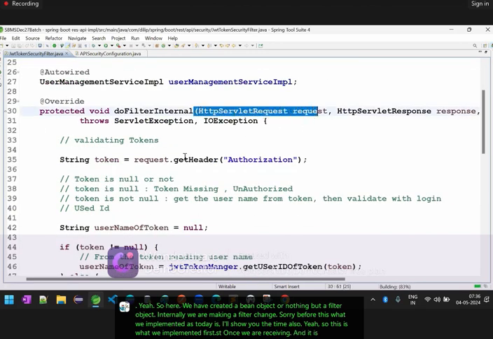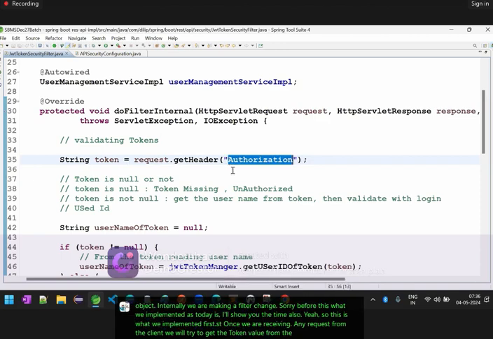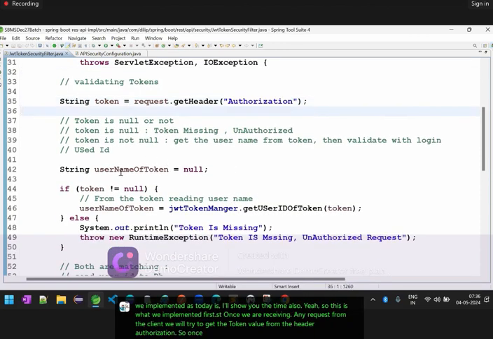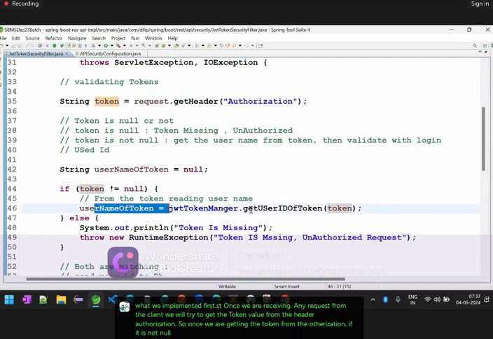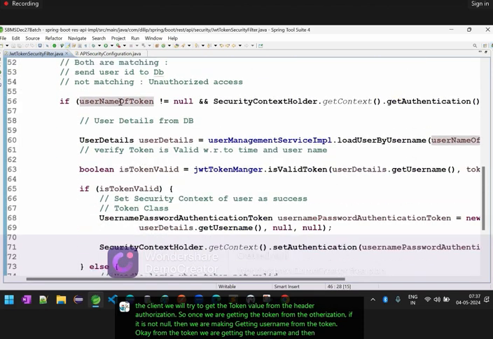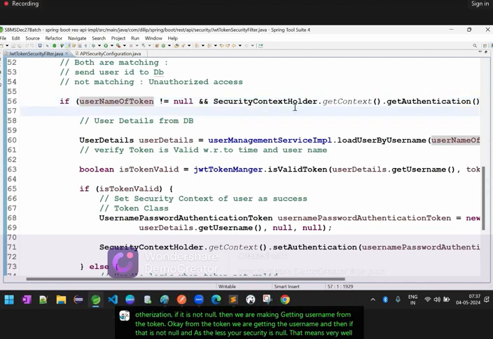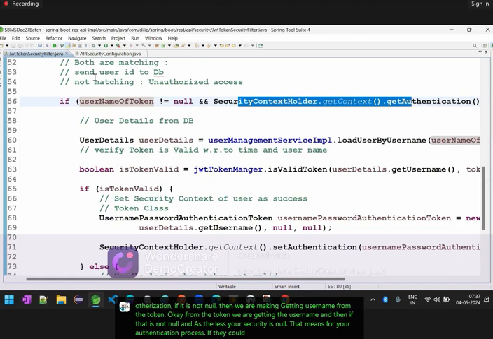For any request from the client, we will try to get the token value from the authorization header. Once we get the token from the authorization, if it is not null, then we get the username from the token. If that is not null, and as well as your security is null, that means for your authentication process, if security is null,